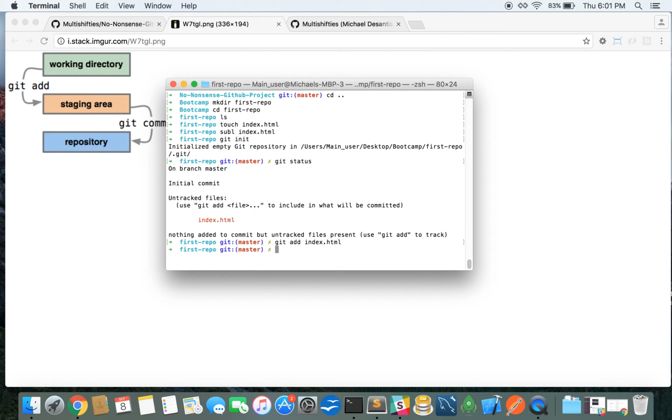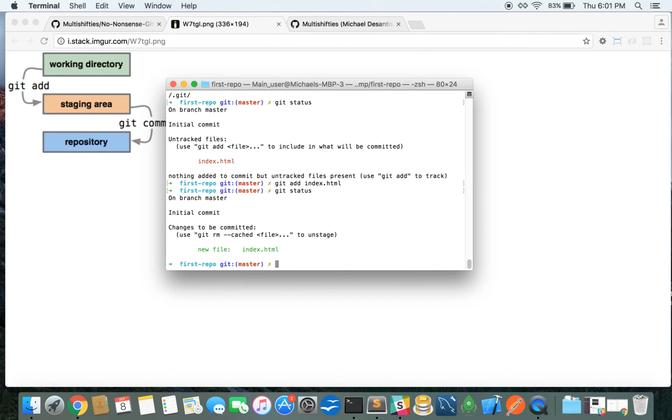index.html. And if I run git status again, which is going to be your best friend from here on out, it shows that it is now listed as changes to be committed. It has changed from the working directory into the staging area. And the staging area is essentially saying to Git, here are all the changes I would like to send into my repository. And from here, we can simply run a git commit, and this essentially creates a save point